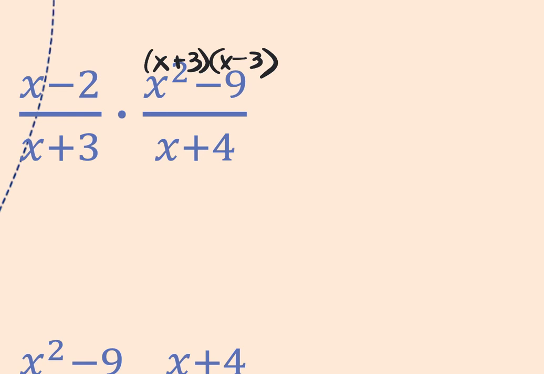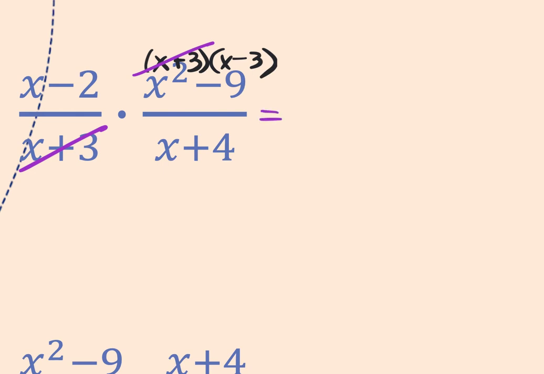X plus 4? No. Now we cancel, and I can cancel top to bottom or diagonally. You cannot cancel side by side. So I can cancel one of these x plus 3s with this x plus 3. And then I've got an x plus 2 across from an x plus 4. That can't be canceled. And an x minus 3 in the top and x plus 4 in the bottom can't